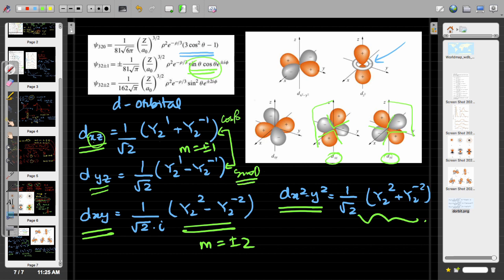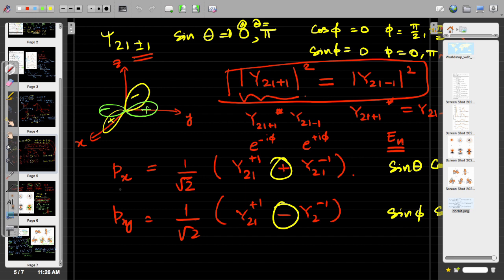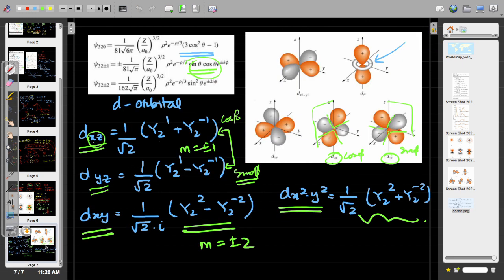Basically the sin phi and the cos phi terms end up aligning these orbitals along the x or the y axis. Whenever you have a cos phi term, you end up aligning along the x axis, and whenever you have the sin phi term, you end up aligning along the y axis. This is exactly the same for the p orbitals as well. So whenever you combine the p orbitals, as we are seeing here, the px will have a cos phi term, while the py will have a sin phi term. So once you are able to pick these characteristics up,